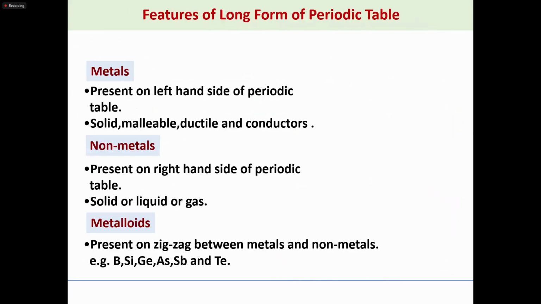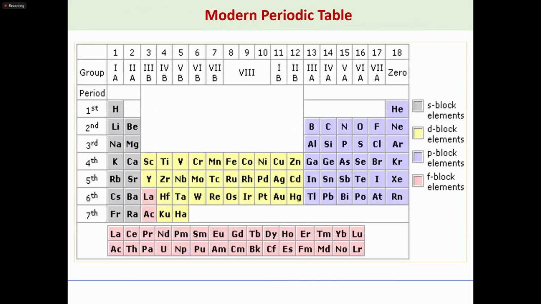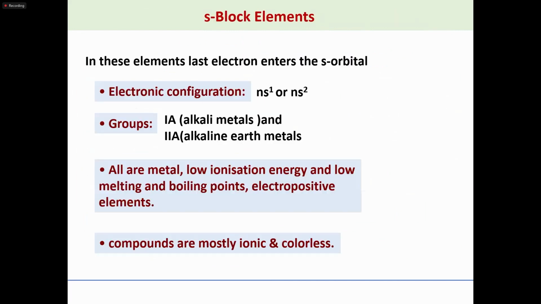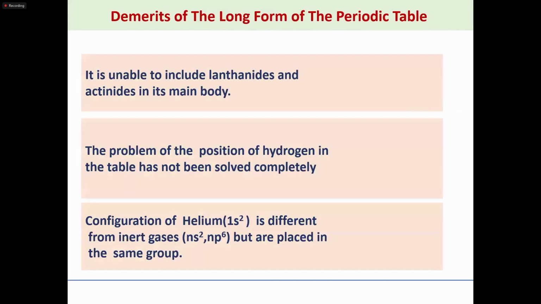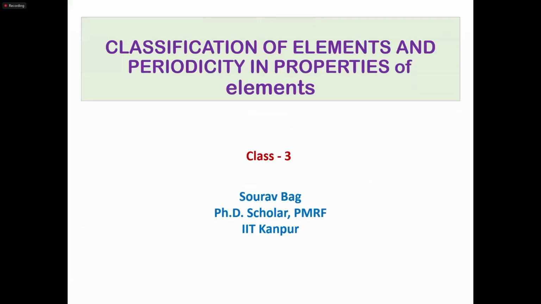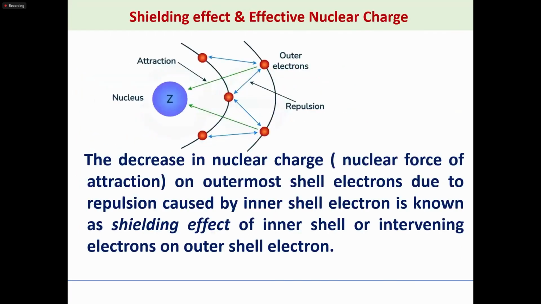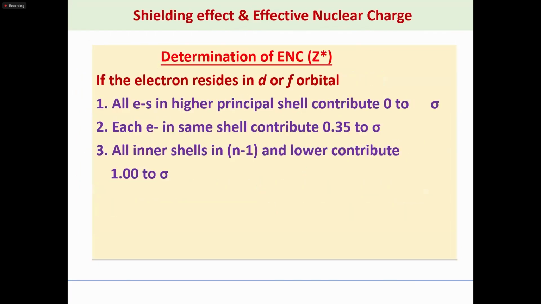what I have talked about is the modern periodic table. Then this is the classification. This is the history. S block, P block elements, and also the nomenclature. And in the third class, there is Z effective,